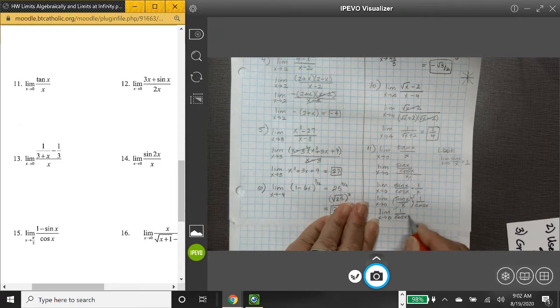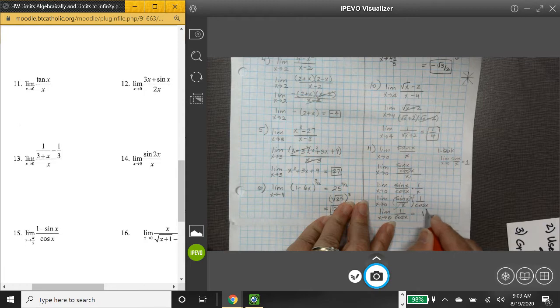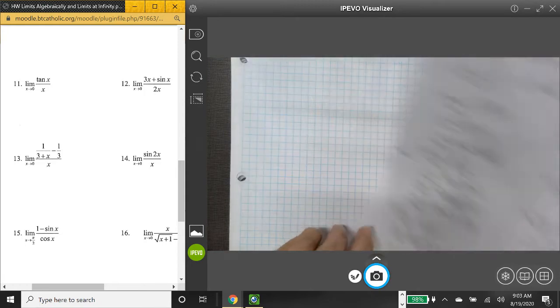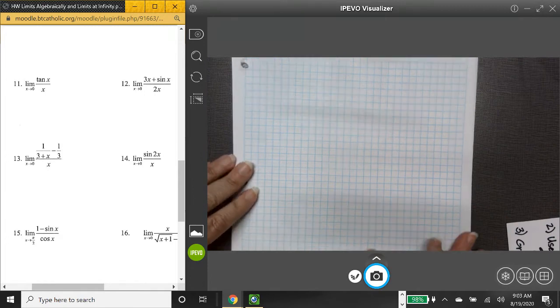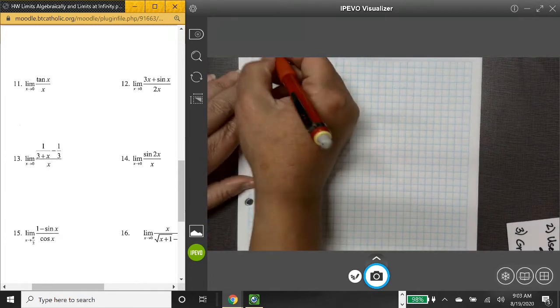Now we could change this to secant if you wanted to be fancy, but we don't have to, because now we can plug 0 in for the denominator and we get 1 over cosine of 0. Cosine of 0 is 1, so this turns out to be 1. All right, we're moving along at quite a great clip here. I like that. Number 12,